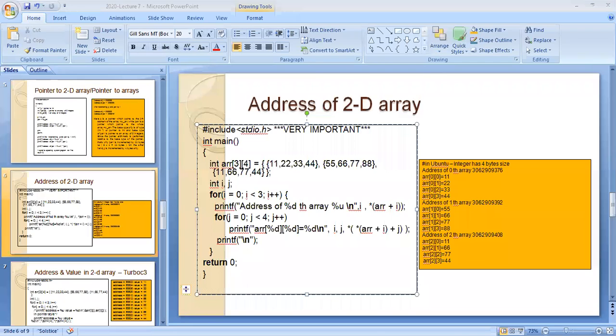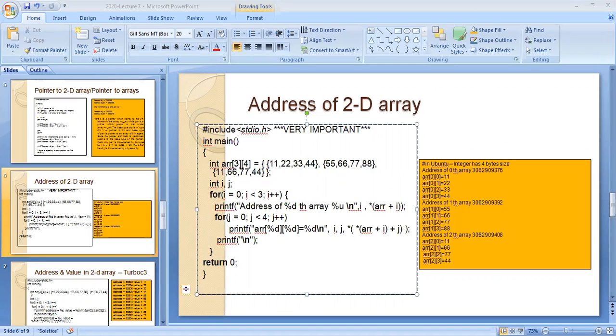Take the array of 3 and 4. So I will tell you how to get the address and value of array of 2 comma 3.